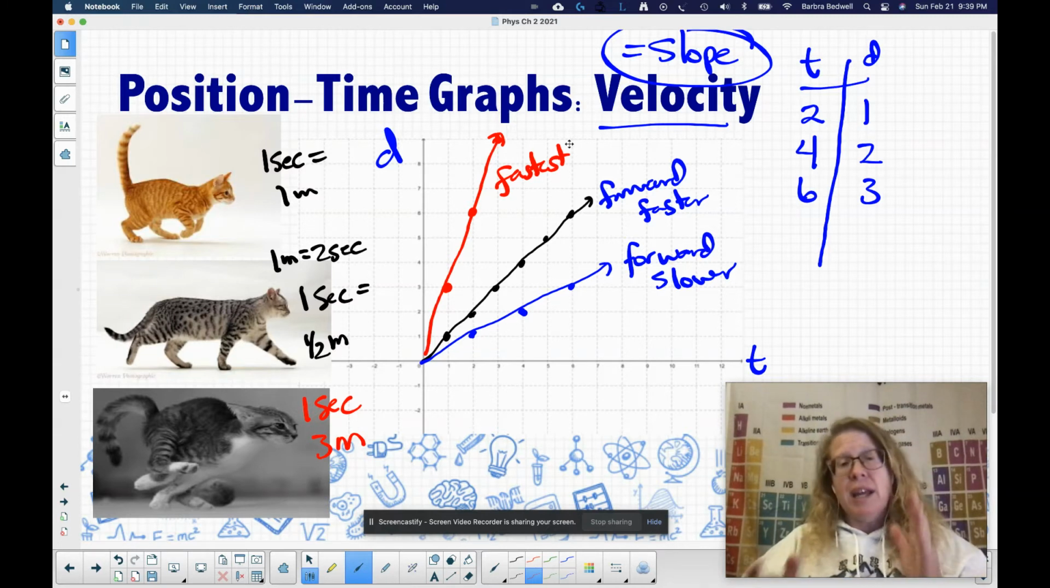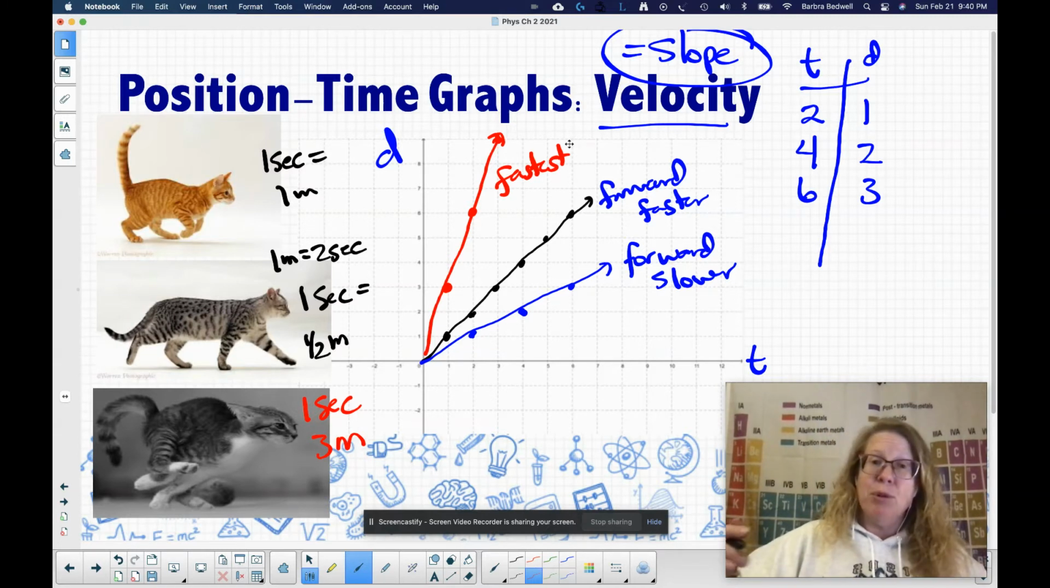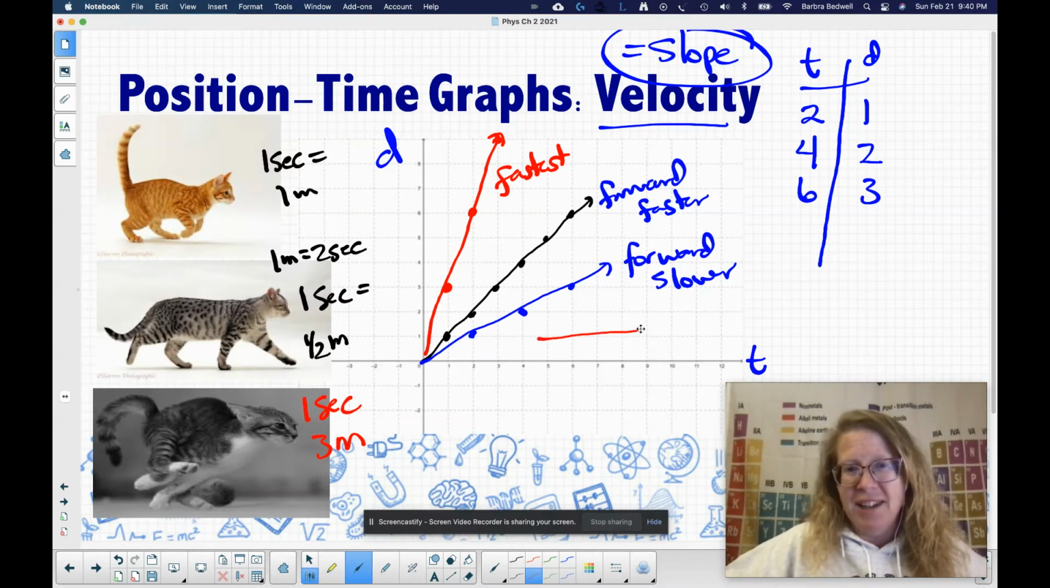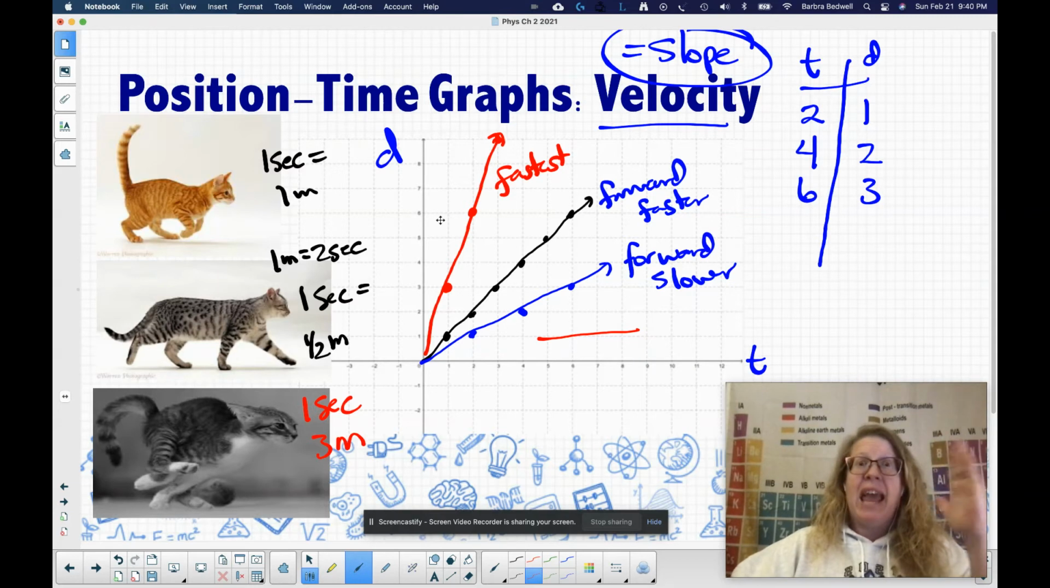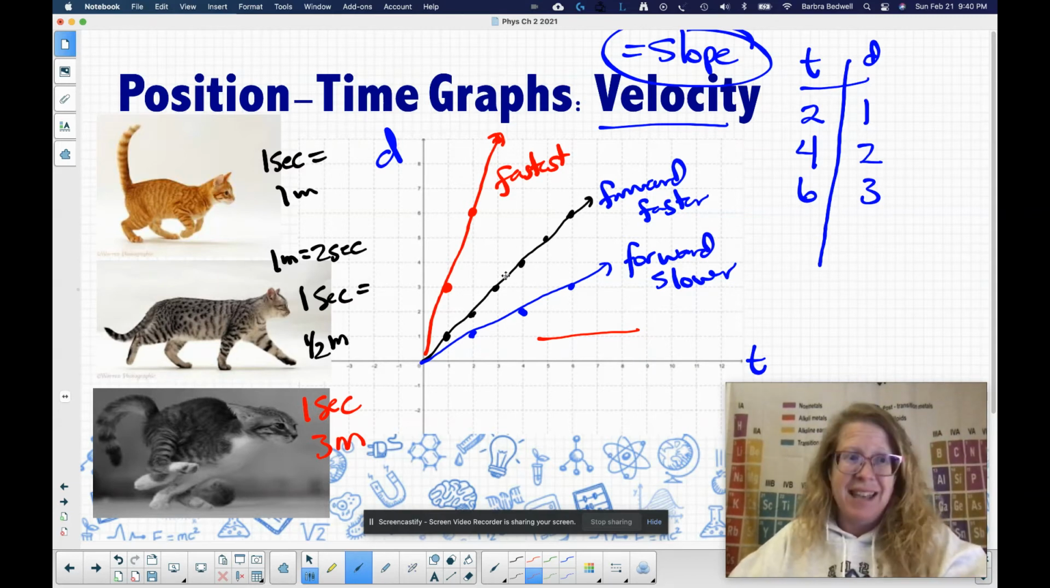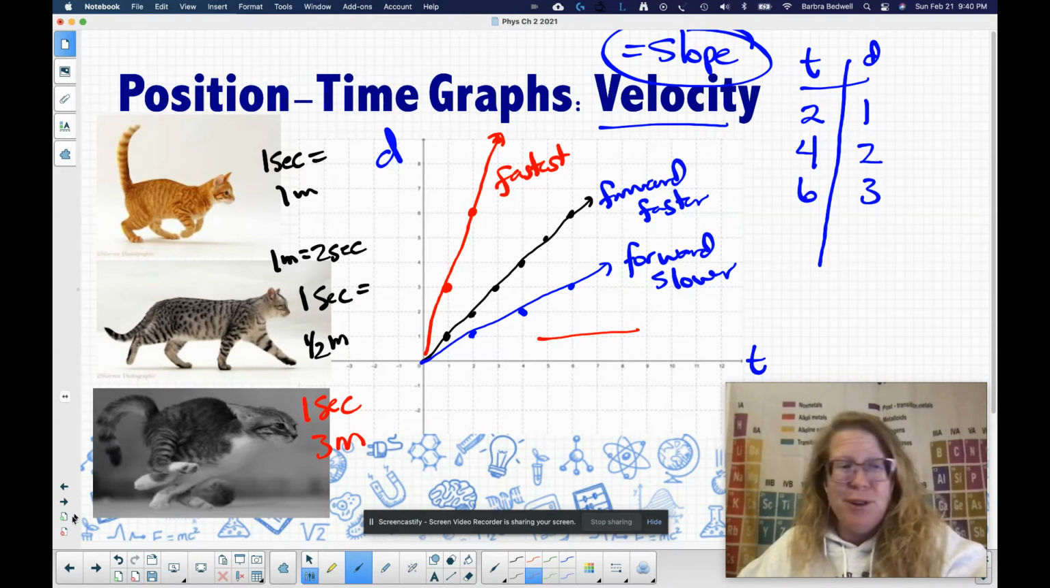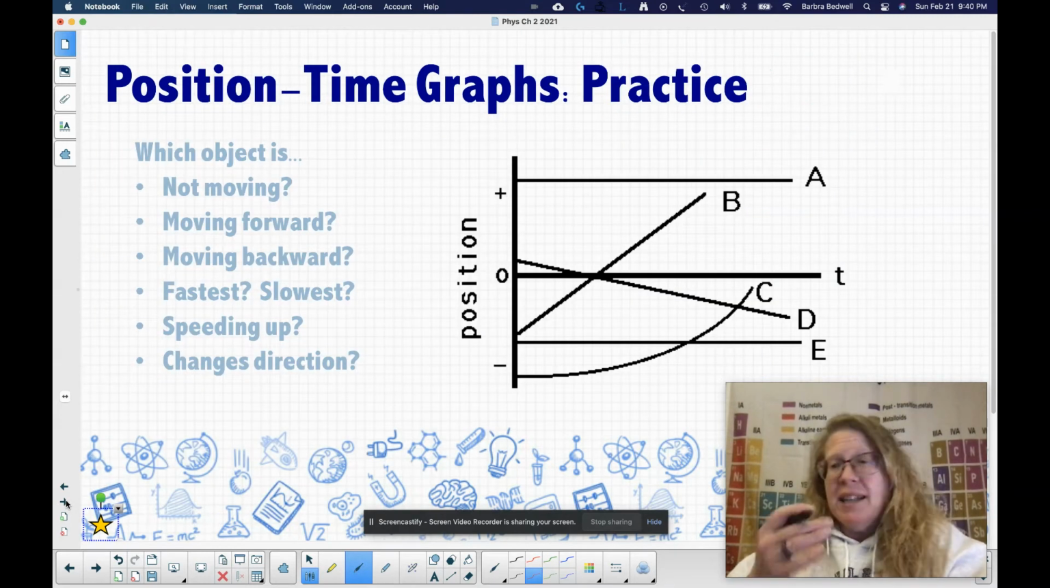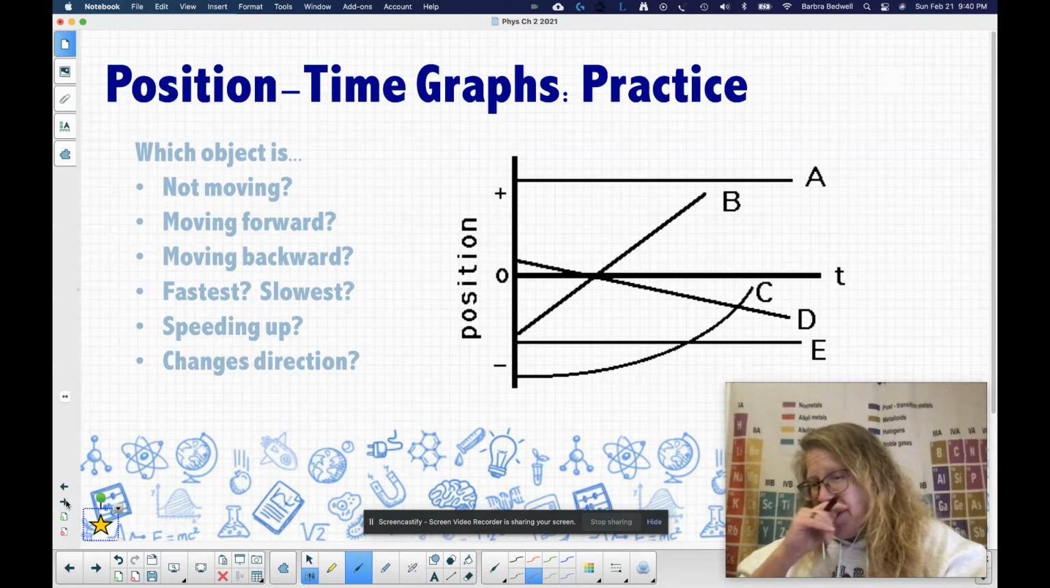So by taking a look at a position time graph and plotting these out, not only do we know something's not moving, which is a horizontal line, we can tell something about speed by the relative angle that it's going. We can tell just by looking at it which one of these cats is the fastest cat of this particular set. Okay, let's take a look at some of these other position time graphs, and let's talk about how to